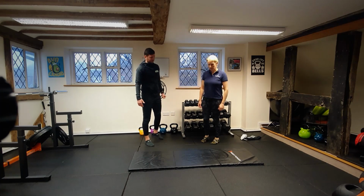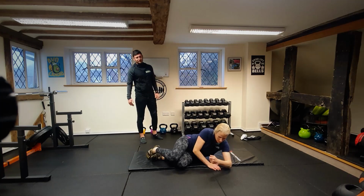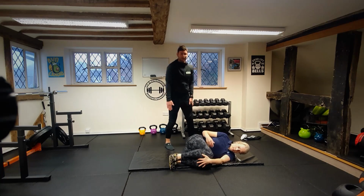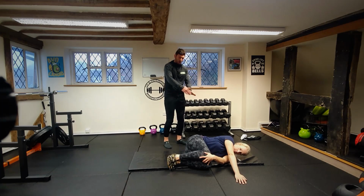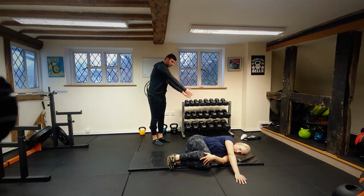So if you lay onto your side please Sarah, get yourself into position. So it's all about getting yourself comfortable in this one. So Sarah's just going to hug the knees up as close to the body as she can. Now Sarah's on her left side, so I want her left hand just to be placed on top of the knees there, just to hold that into position, so that lower body is going to be fixed throughout the exercise. So she's in a closed book position now, so I want Sarah to breathe in through her nose for 3 seconds,